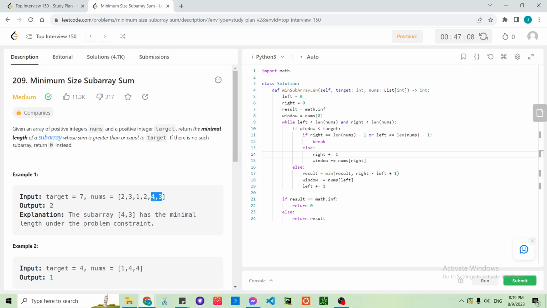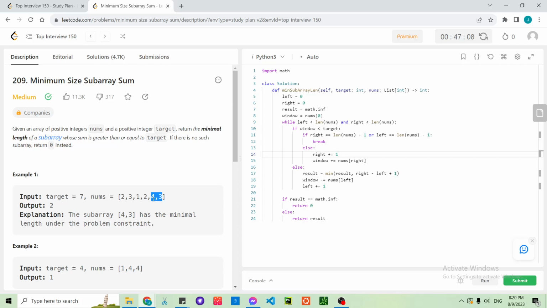And what do we do then? So there is no more element to the right, so we will not do anything more there. Well, since this is exactly the target, we know that if we shrink it, it wouldn't reach. But let's say if this had been 4, 7, then we could still shrink this from the left and be left with 7, which will meet the target. So when we're here, the right hand side is finished, it's ready, there's no more we can do, but